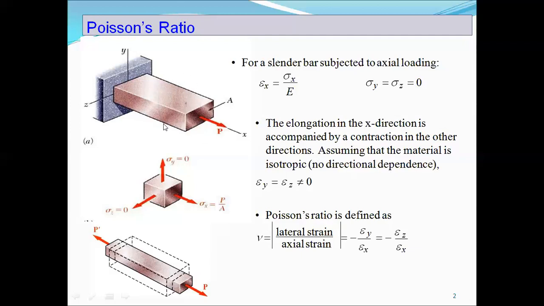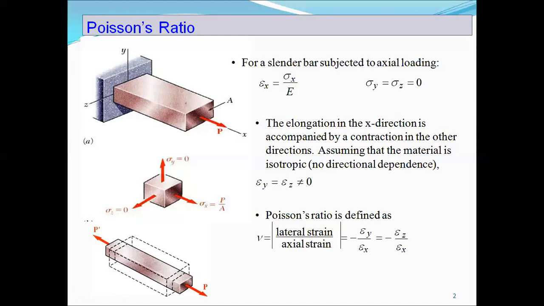Isotropic material, as we discussed before, is the material in which the properties are the same in all directions. The mechanical properties are the same in all directions. The properties don't depend upon the direction. In x direction, y direction, z direction, the mechanical properties will be the same. Whether you subject the material along x-axis, along y-axis, along z-axis, or along any other axis, the mechanical properties would not change. It would remain the same. The material is isotropic material.